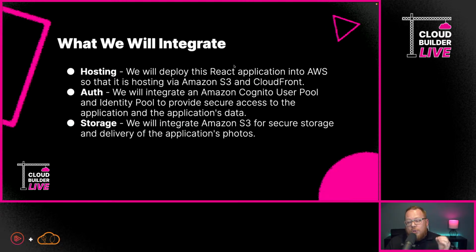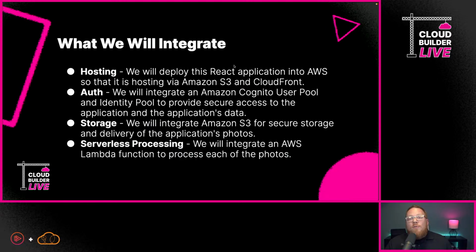Then we're going to use it for storage because we want to be able to store these photos that we upload here. And then we need to use it for serverless processing. This is where we get the ability to use what we would call an event-driven architecture to do some really cool processing on these images and do things like get those AI tags back without having to manage a server whatsoever. We just have to define the custom code that needs to be executed inside of AWS Lambda.